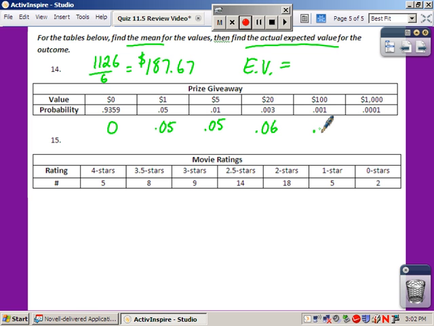The next one is 0.1. And the last one, I think it's also 0.1. Yes, it is. So when you do expected value, you actually just want to add up all of these. When you're working with probability, it makes it easier because probability incorporates everything you need just by multiplying them. So when you multiply each one and add them all up,